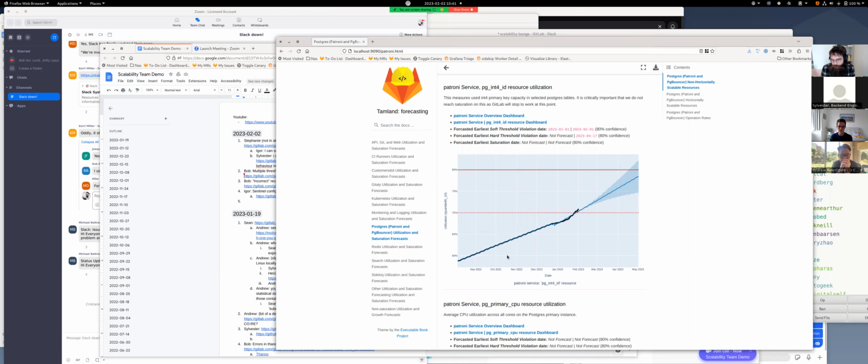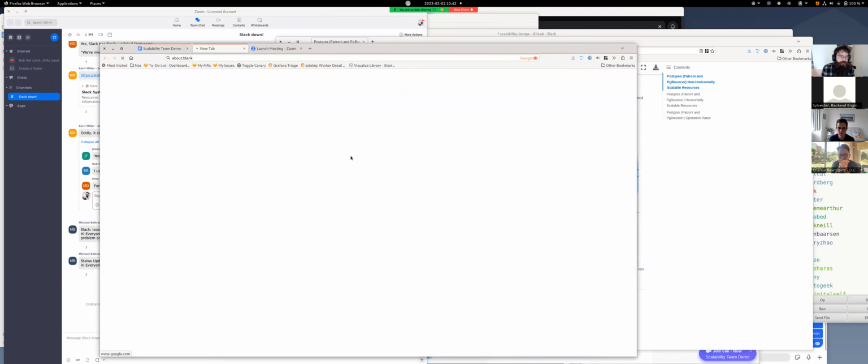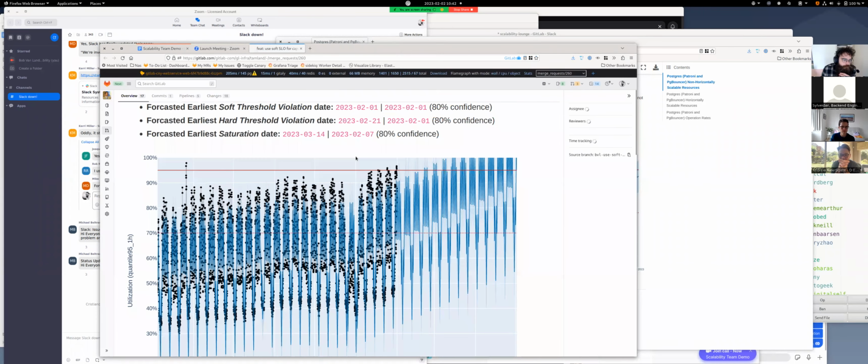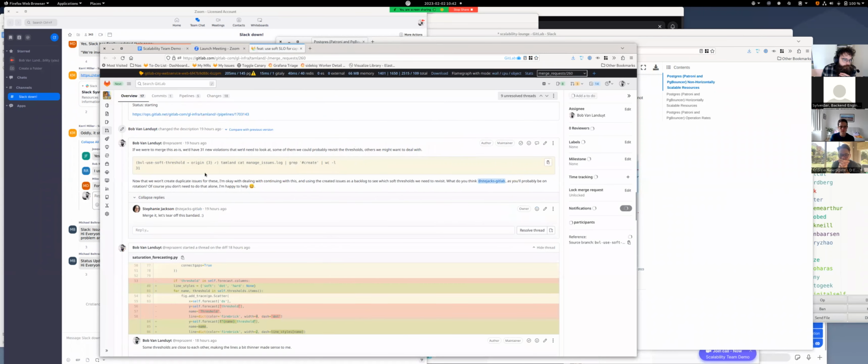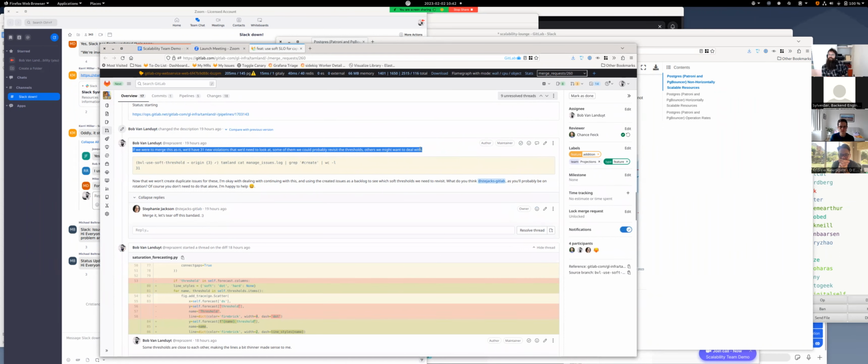Before, we would alert as soon as we forecast the date on the full red line, and I'm proposing to change that to as soon as we forecast the date on the dotted line here, which is the soft SLO. In the merge requests that I linked here, I've noticed that that would create 30-something more, 31 new capacity planning issues. But I think that's just a trigger for us to set the thresholds correctly, because